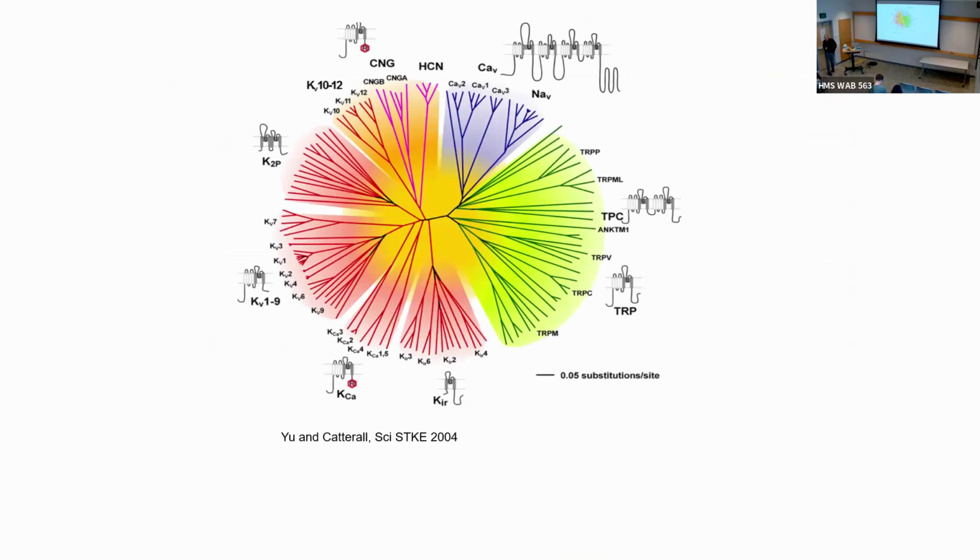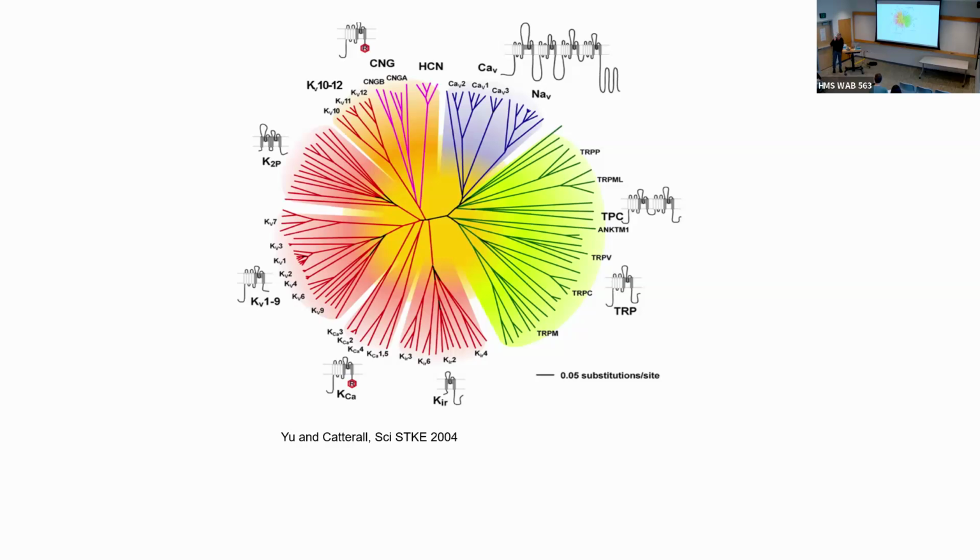And I'll just draw attention to the fact that here's only some of the ion channels that are present in the human genome. I meant to look up what the number is. It's very large, hundreds or probably thousands. And I'm not going to talk about it because I'm going to focus on the channels in the membranes of nerves that give electrical signaling. But intracellular organelles also have all kinds of ion channels, very poorly understood. There's only a hardy few people, like Dejian Ren at the University of Pennsylvania.